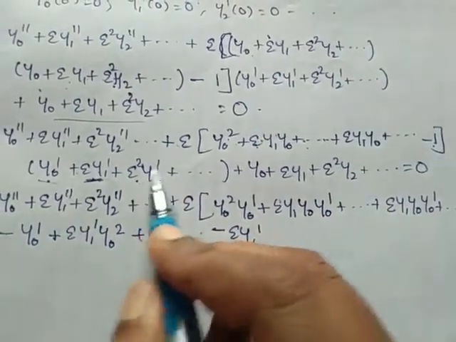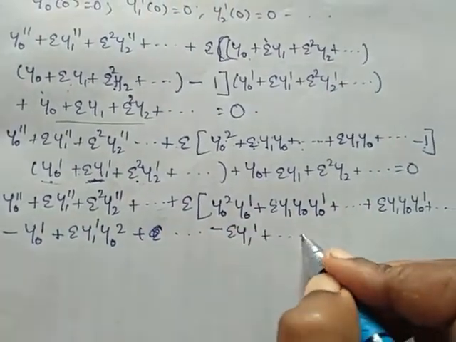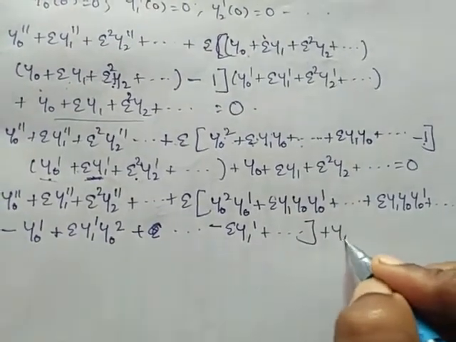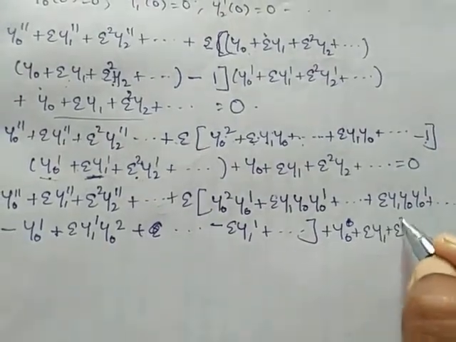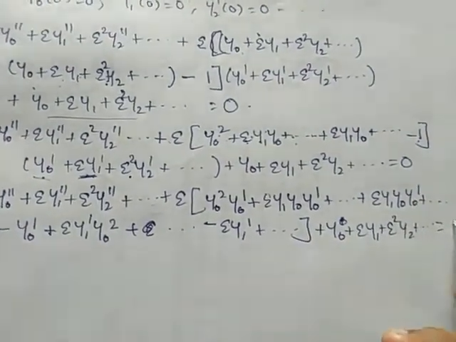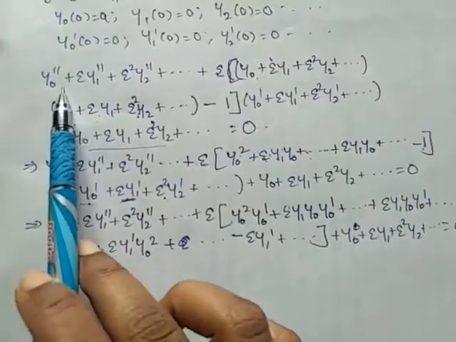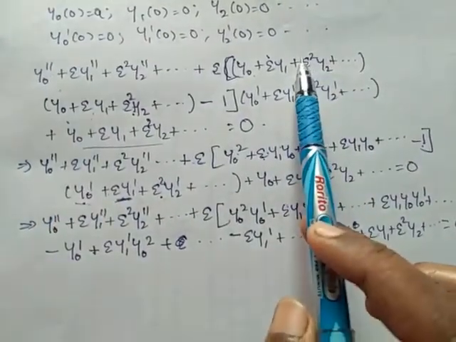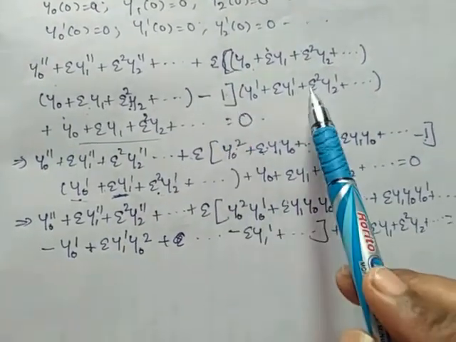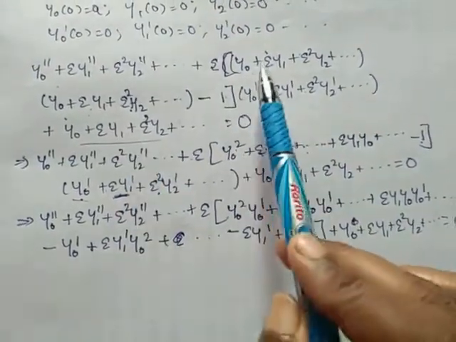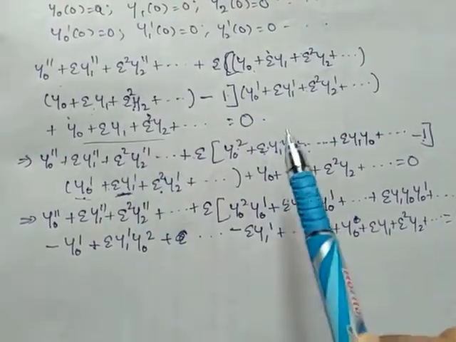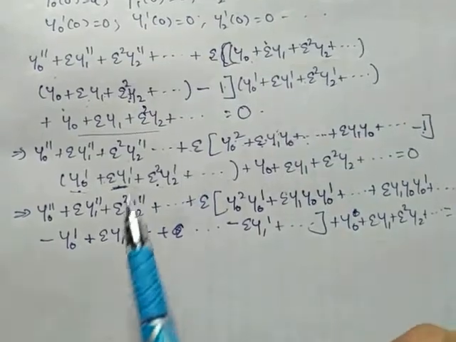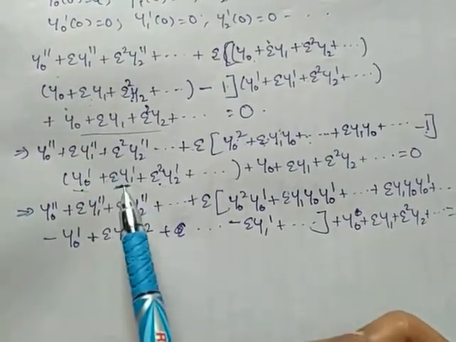Here it is epsilon square. Again I am neglecting higher order terms etc. plus y naught epsilon y1 plus epsilon square y2 etc. equal to 0. Here in the given equation I have substituted y double dash, y square minus 1, y dash plus y. Here in this step I have multiplied y into y, that is the y square term. In this step I have multiplied y dash inside.